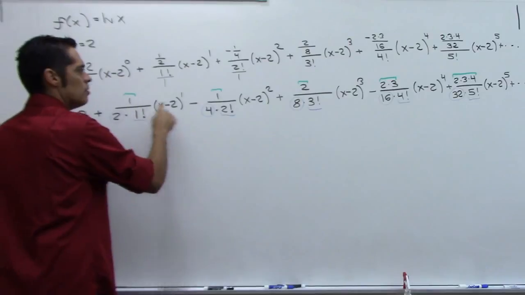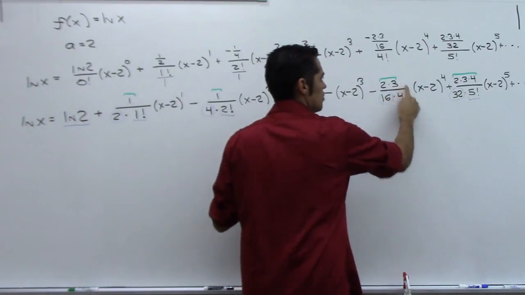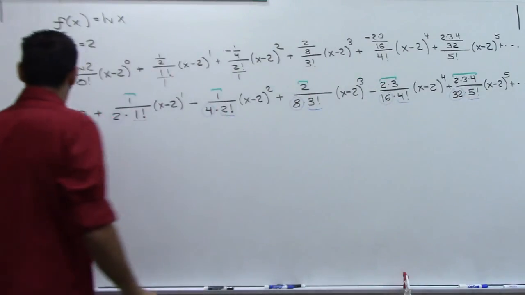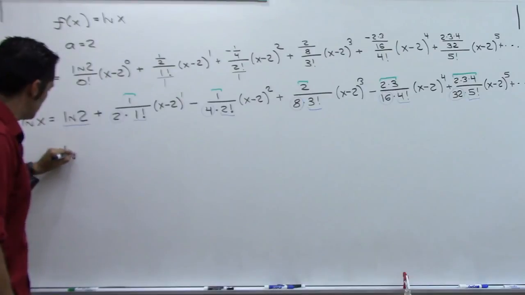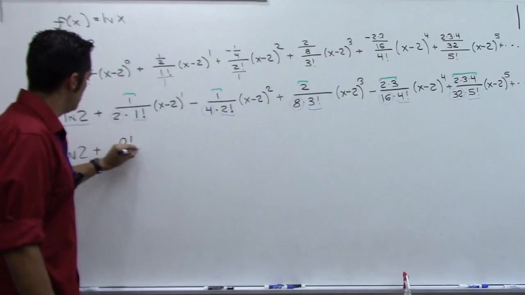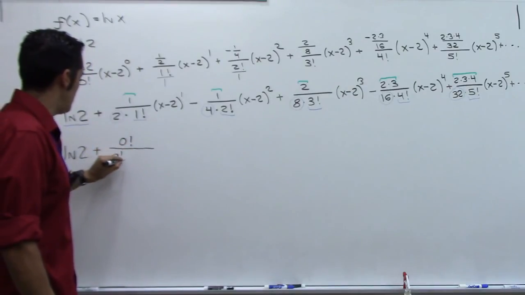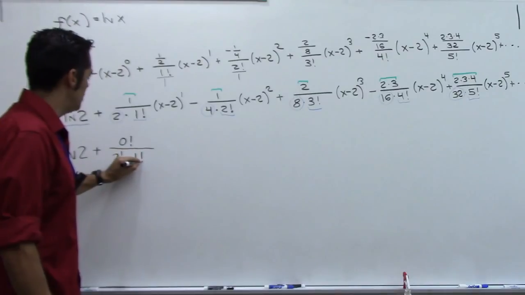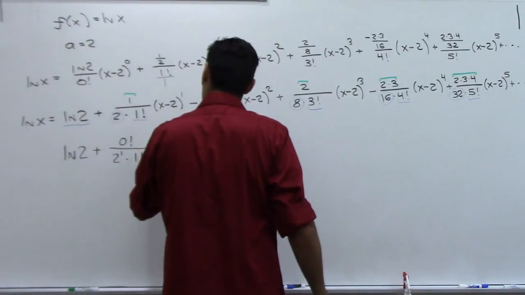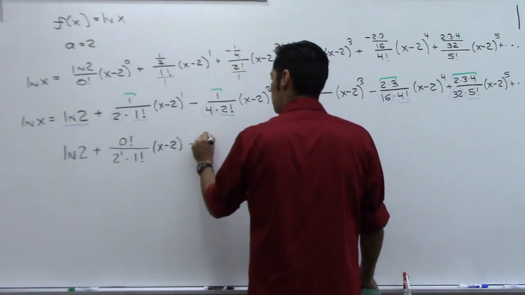So this is 0 factorial, 1 factorial, 2 factorial, 3 factorial, 4 factorial. So with that in mind, let me try and rewrite everything again. This is natural log 2 plus 0 factorial over 2 to the first power times 1 factorial times x minus 2, minus, this right here is 1 factorial